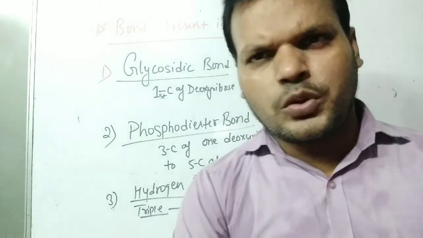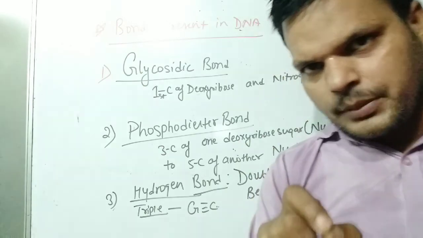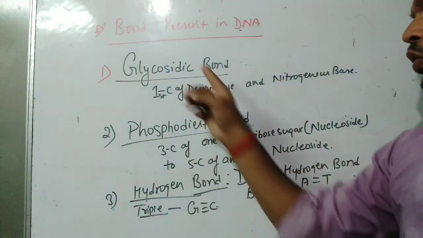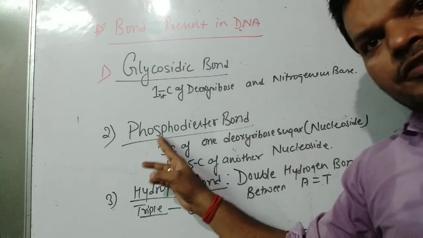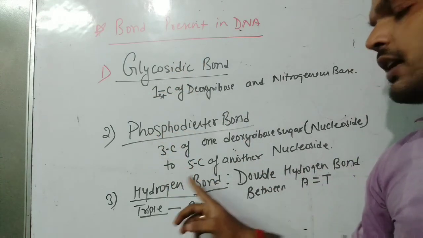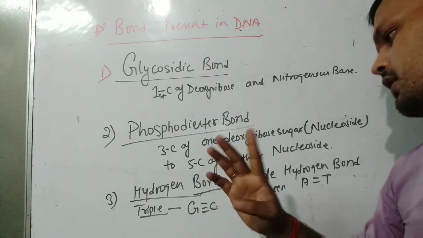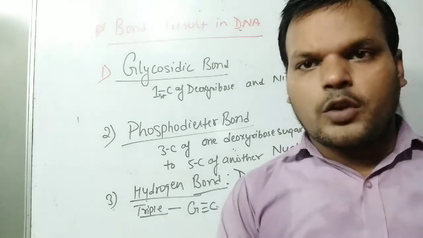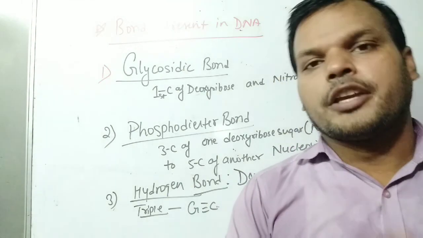Hopefully the structure of DNA is clear to you. आपको 3 points हमेशा याद रखने. You must remember these 3 points what I have written on the board right now. What is glycosidic bond? Where is phosphodiester bond found? And where is hydrogen bond found in the DNA? ये क्वेश्चंस हमेशा पूछे गए हैं नीट एग्जाम में, तो आपको ये क्वेश्चंस ध्यान में रखने होंगे कि where these bonds are found.